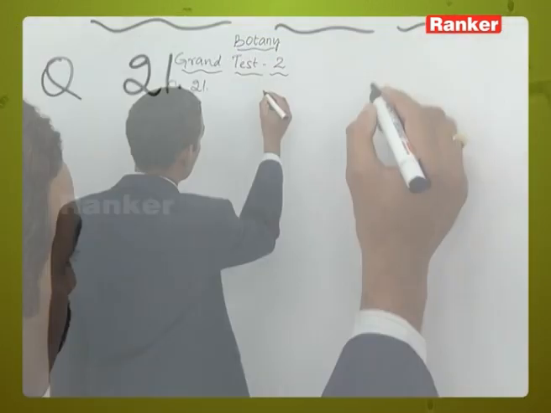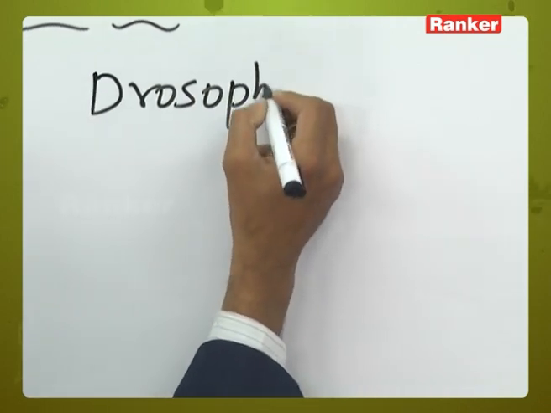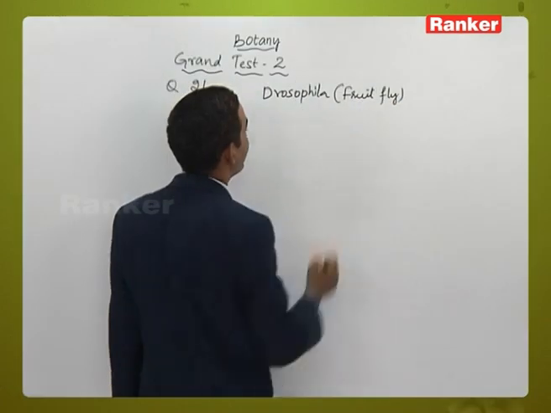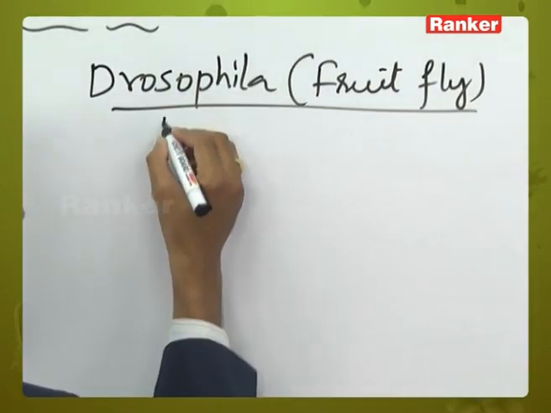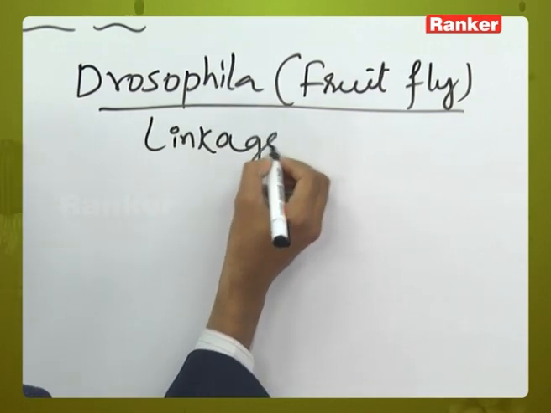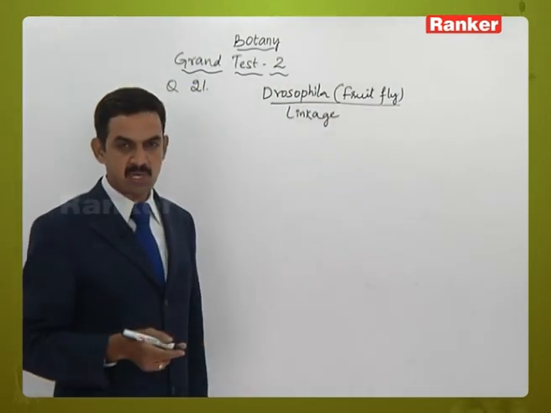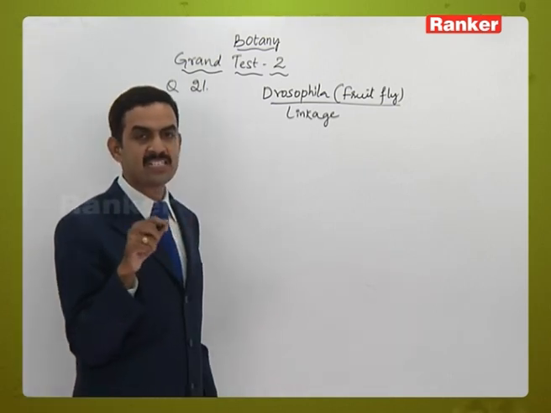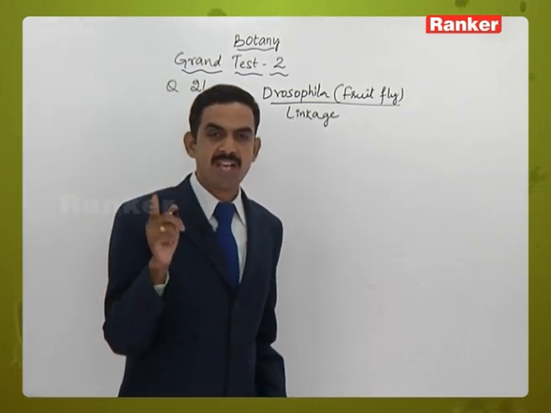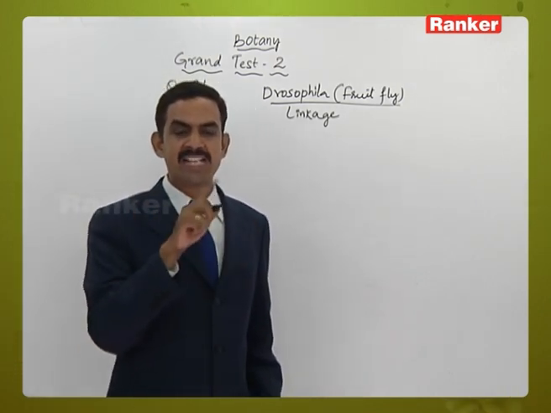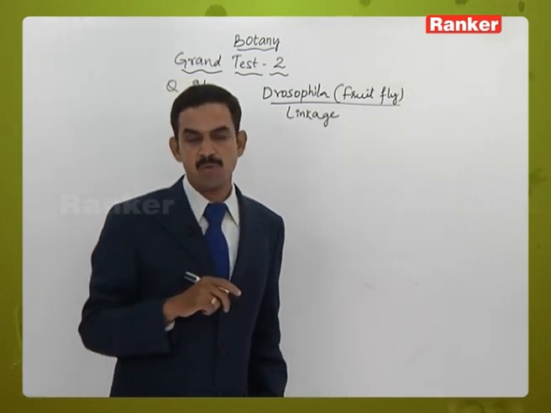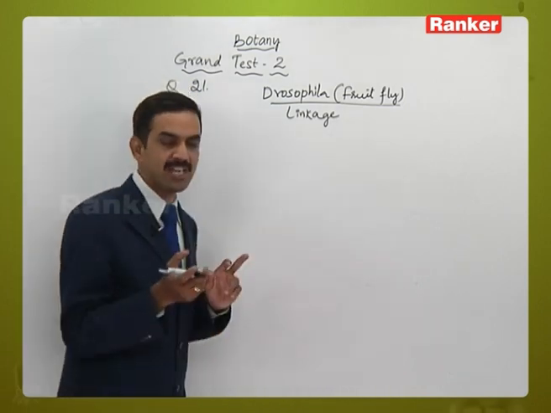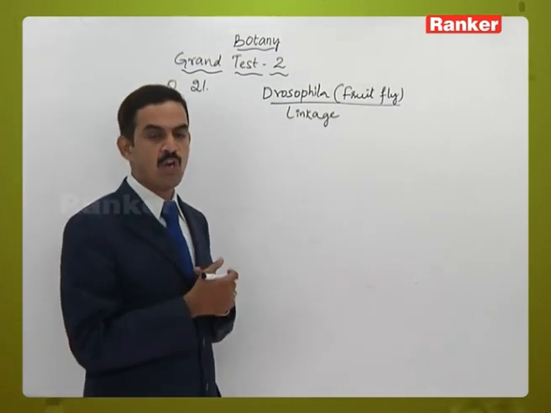Okay, here we know that Drosophila is nothing but the fruit fly. So it is used in the linkage process, and here when we cross two-charactered Drosophila, that is, a white-eyed one with a yellow body, and a second one, a red-eyed with a brown body, and that crossing is done, what happens is the percentage of recombinations and the percentage of parental combinations are